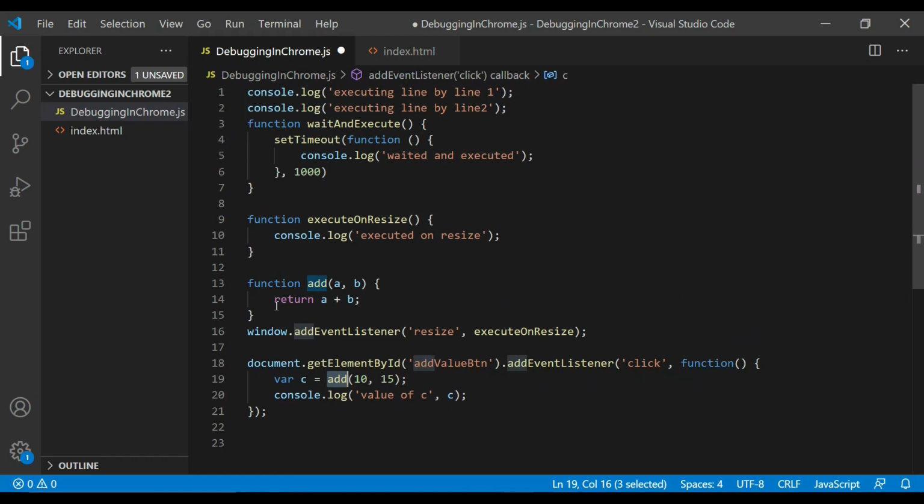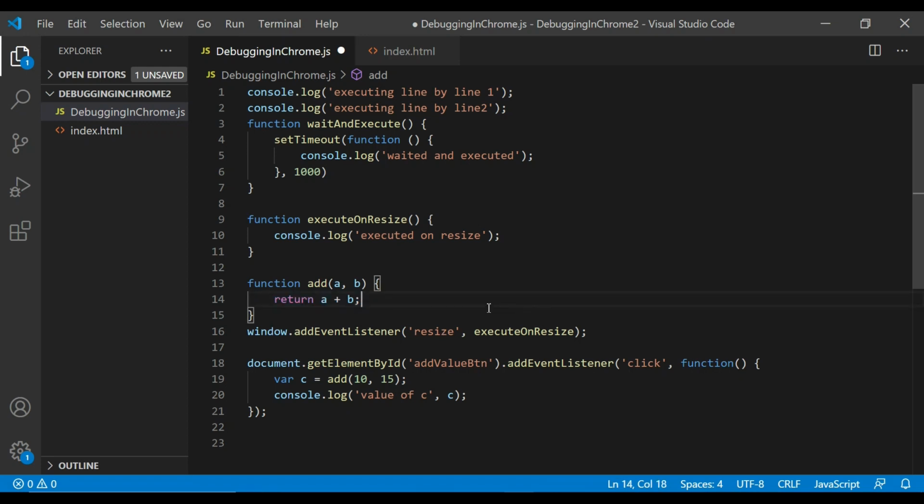So again there is some wait assigned to it, there is some delay assigned to it. Those types of functions are called asynchronous functions, and for debugging them we need to put some breakpoint on those itself. We cannot go line by line to check whether that function is getting executed correctly or not.